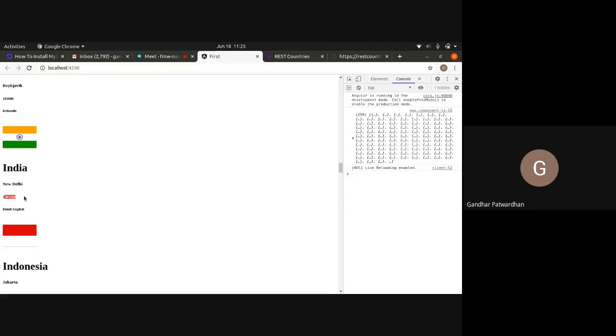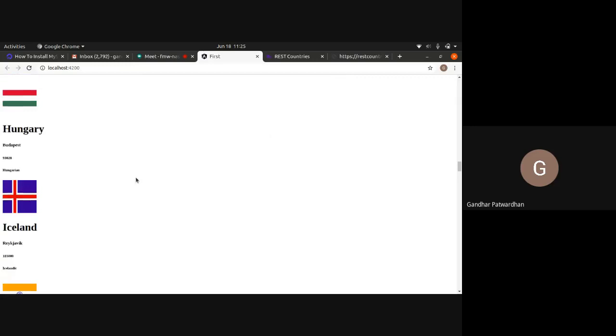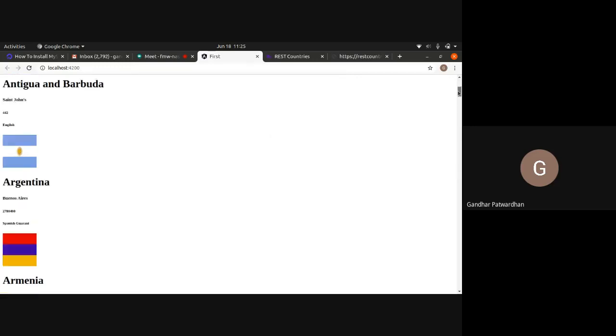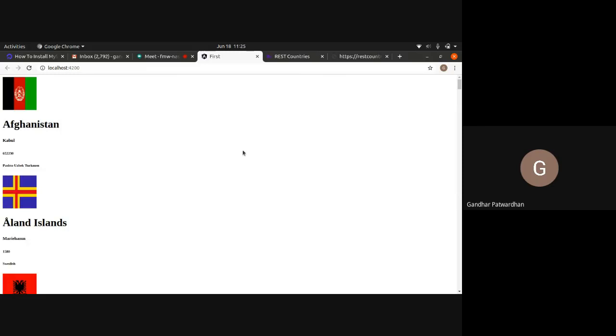This is our area. I don't know what the unit of this area is. But overall, that is how you display your countries. The last country is Zimbabwe. It starts from there. I guess it is sending it sorted on the basis of name. That is what it is trying to do.